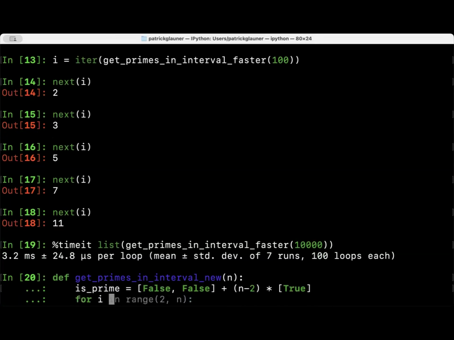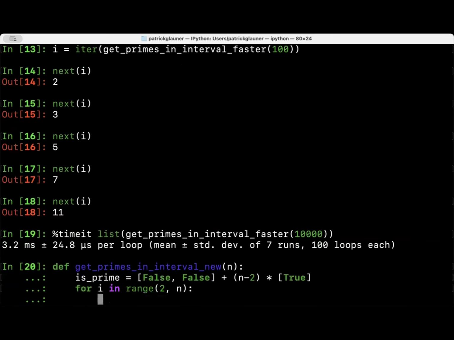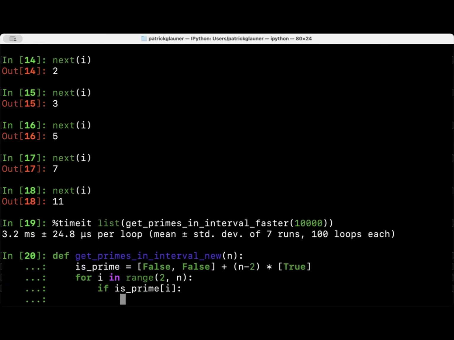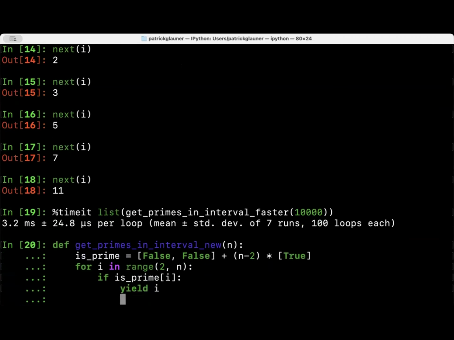So I can go through my range from 2 to n, and if my index i leads to a true entry in is prime, then I have a prime number. So when this starts running the first time, I have a 2, and i will be 2. So I'm looking into the first entry after the 2 falses, and that is true. It's a 2. So I have my prime number. So I'm yielding it. When this generator gets invoked for the next item, I need to remove all the multiples